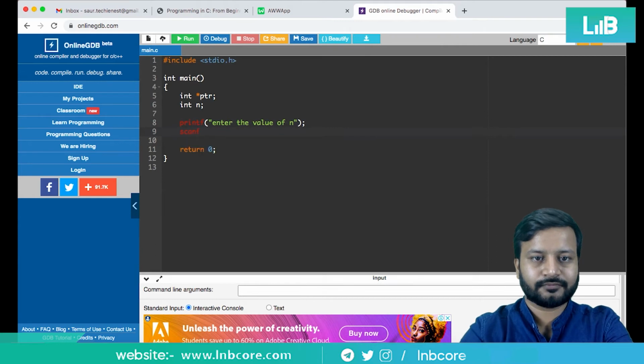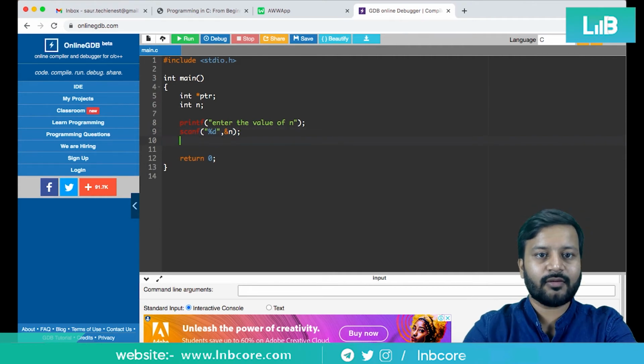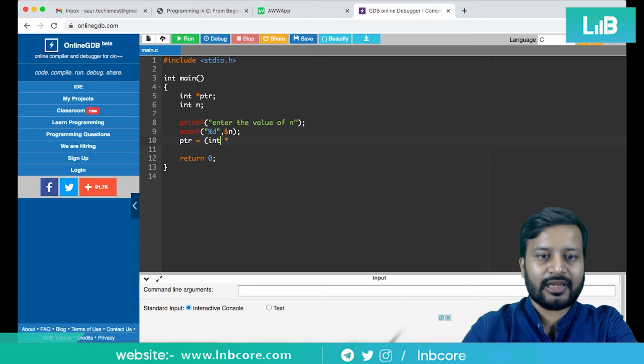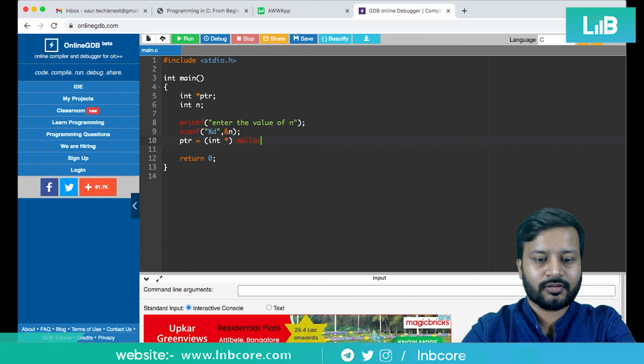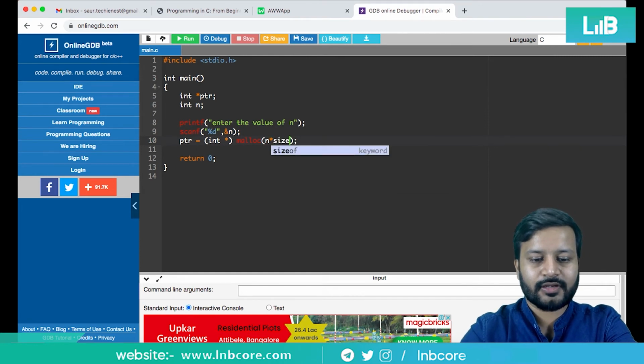scanf("%d", &n), right? So we'll enter the value of n, then we'll allocate the memory area. So ptr is equal to (int *), it should be of pointer type, and then memory allocation malloc within brackets n multiply by sizeof within brackets,